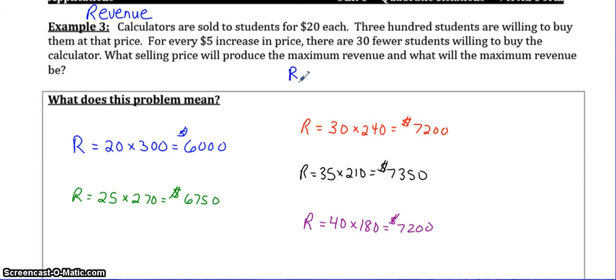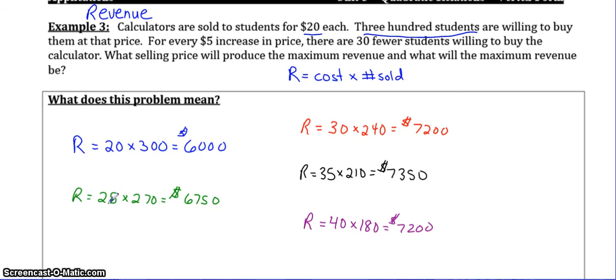So what you need to know is revenue is equal to the cost multiplied by the number sold. Originally it states that if we sell them for $20, you will get 300 students buying them. So our revenue at $20, if 300 students are buying it, is $6,000. If we increase the price by $5, so if we change the price to $25, 30 fewer students will buy the calculator. So that number drops from 300 to 270, and even though we're selling fewer calculators, the revenue is